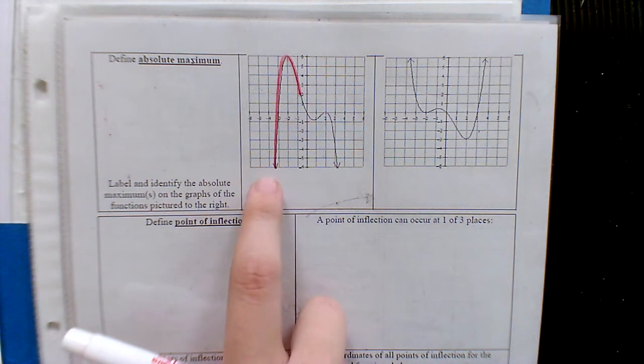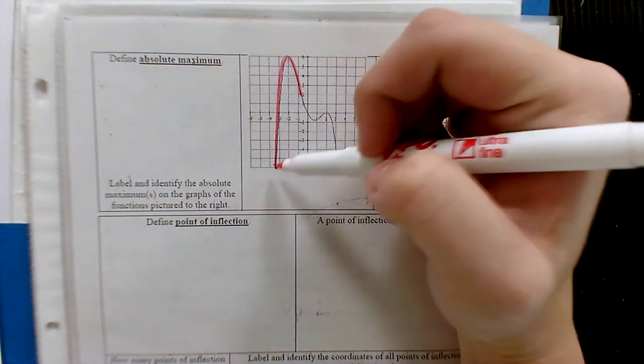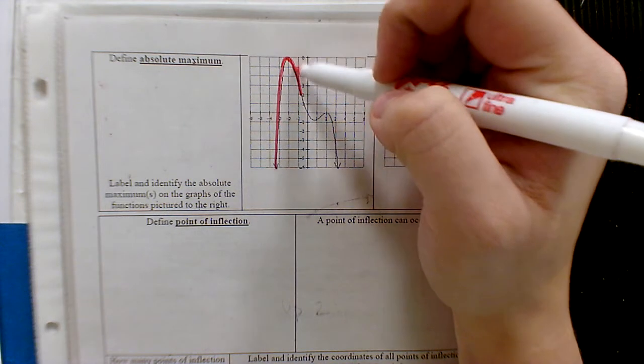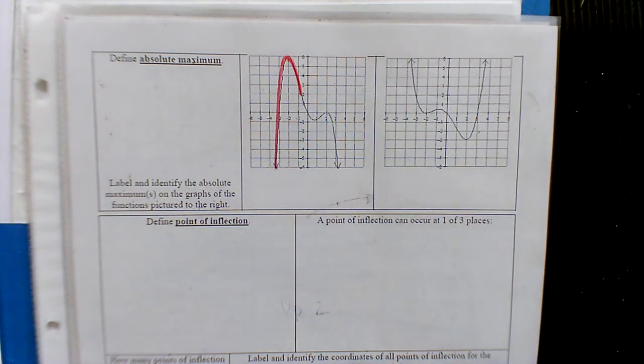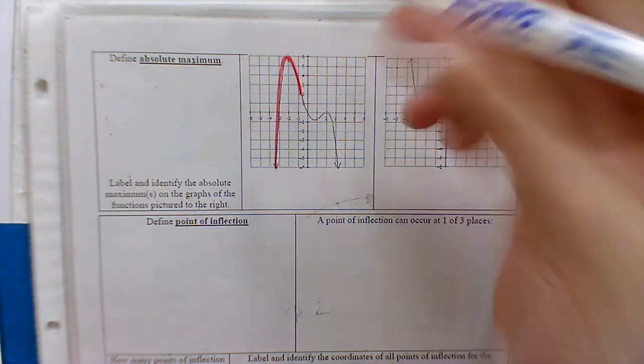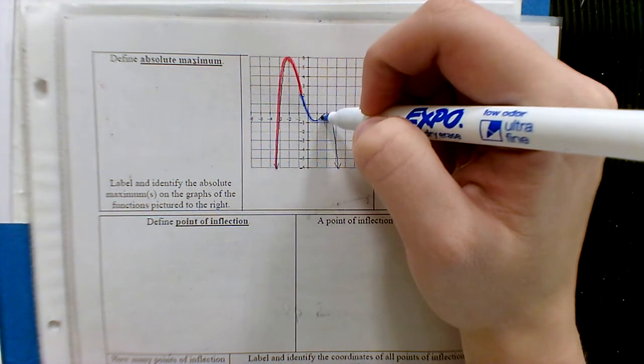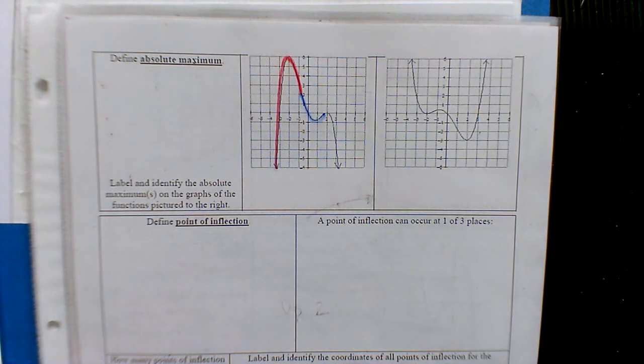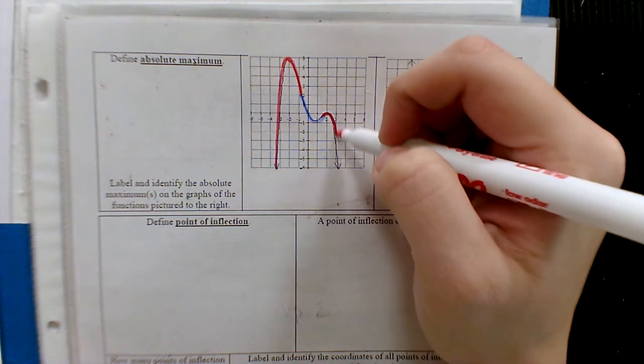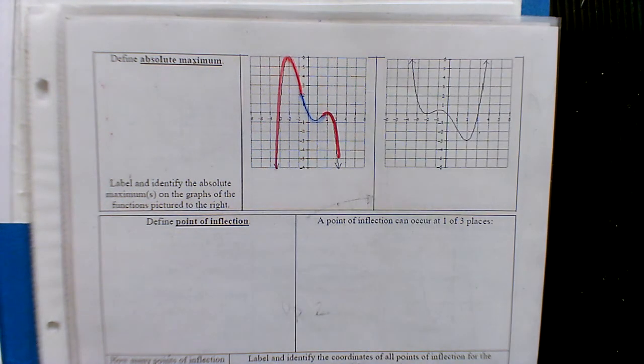Alright, so if you were to trace this graph at the top of the page, when you initially start to trace it, do you realize how it kind of has an upside down parabola type look to it? But if you were to continue to trace it, doesn't it kind of change to a regular parabola look? Okay, regular meaning going upwards. And then if you were to continue to trace it, wouldn't it then kind of look like an upside down parabola again? Okay, so when we have these polynomials, these roller coaster type graphs with all these humps and bumps,